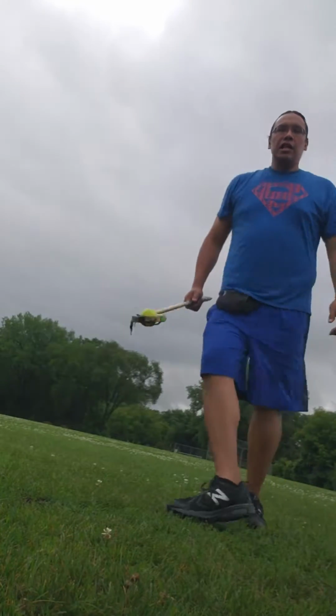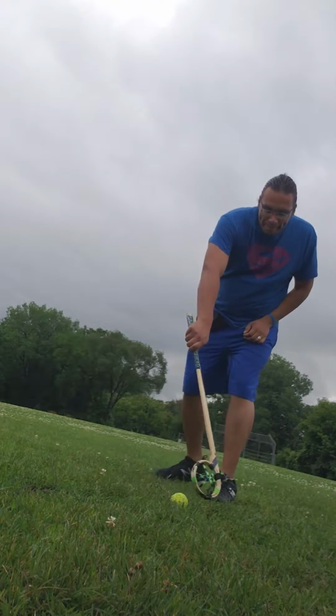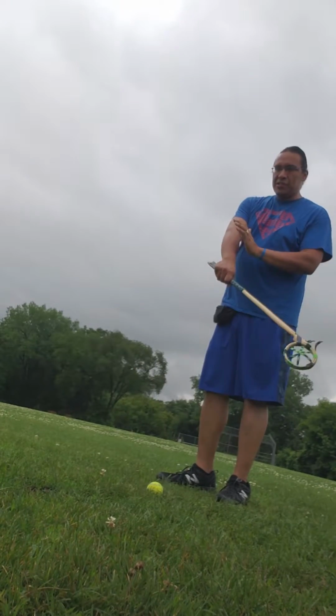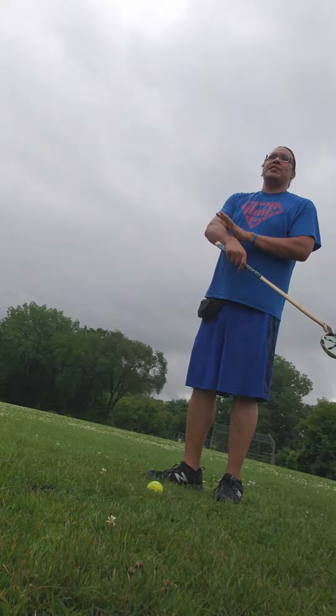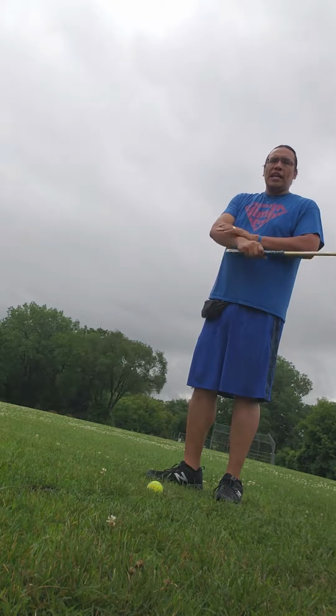So after you're able to pick up the ball, usually I tell people to be able to pick it up 5 or 10 times before I'll teach them cradling, because all of these exercises are brand new to your wrist, and if your muscles aren't used to it, the tendons in your wrist are going to take up whatever your muscles can't pull, and it's going to start to